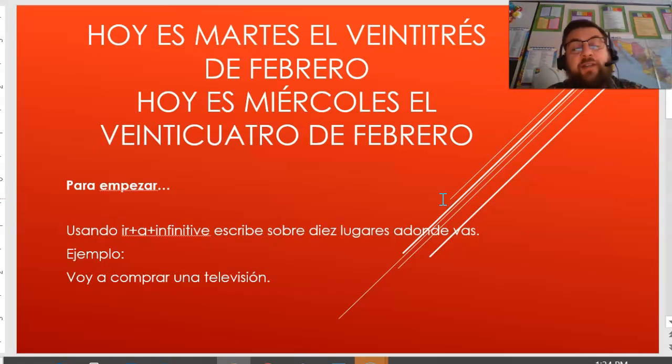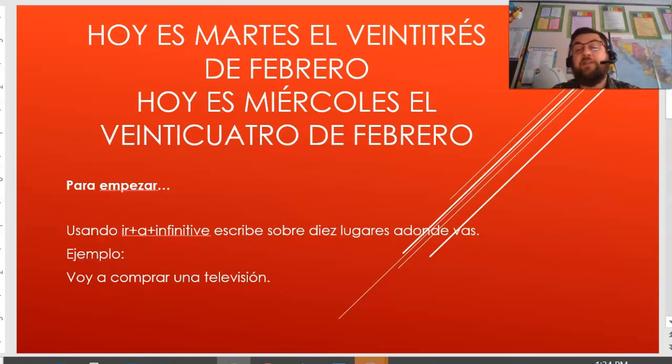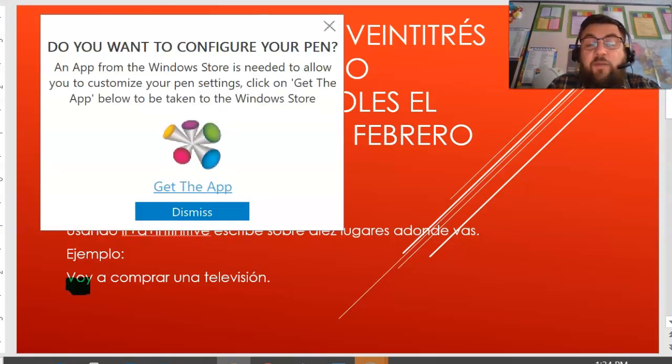Para empezar. So remember when we talked about the concept of ir plus a plus infinitive? Alright. So usando ir plus a plus infinitive, escribe sobre 10 lugares donde vas. So write about 10 places that you go to. So ejemplo, for example, voy, right? So we're using the verb ir in the yo form. Voy